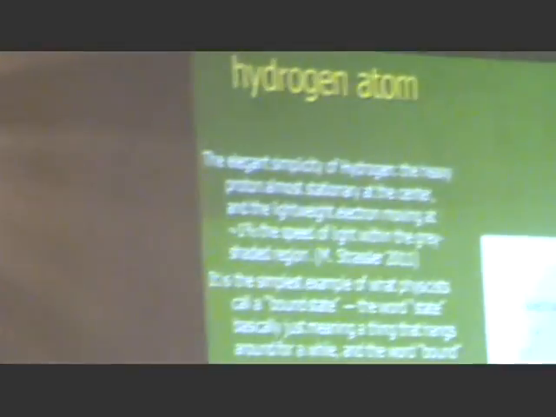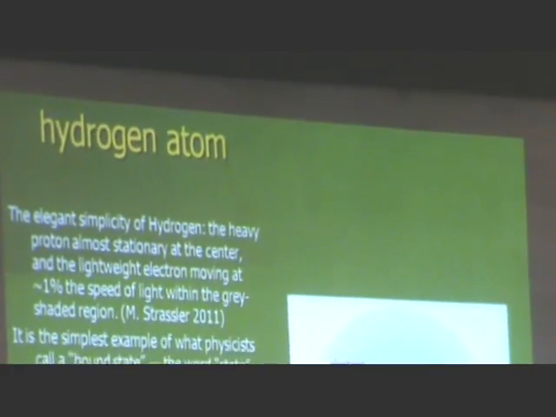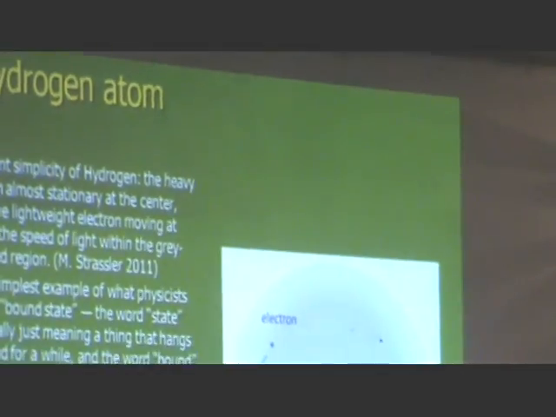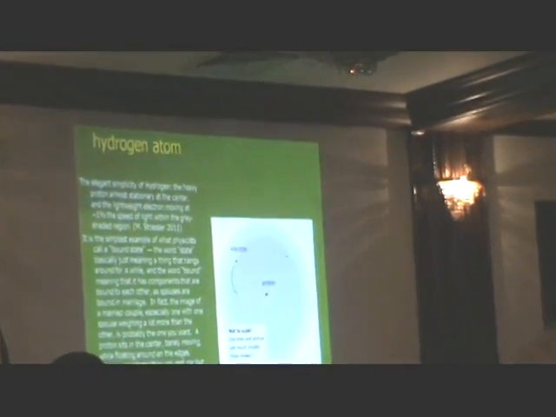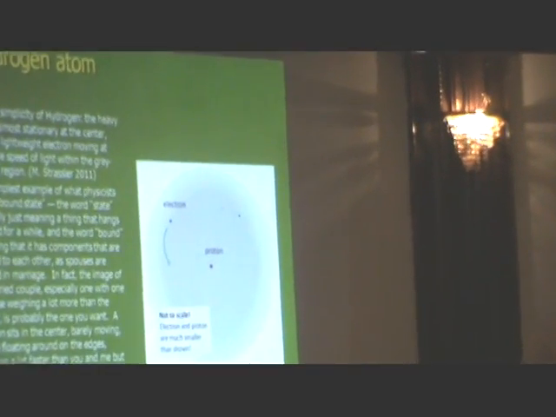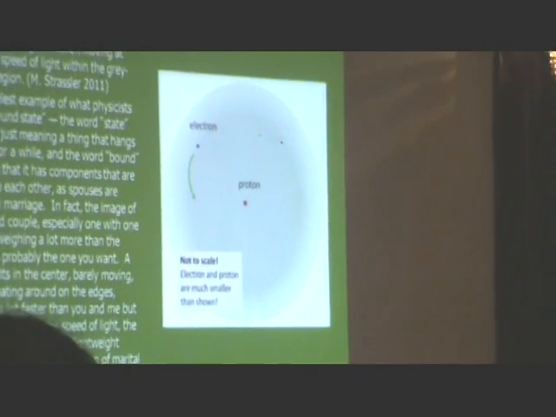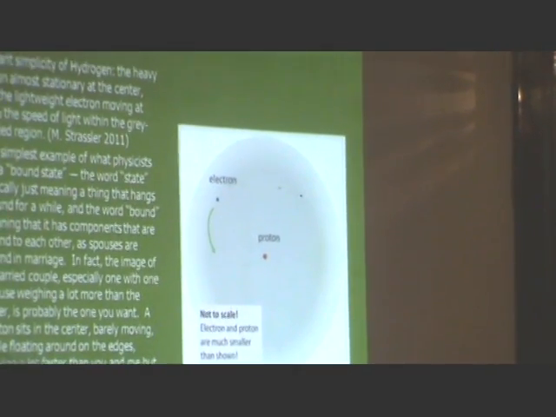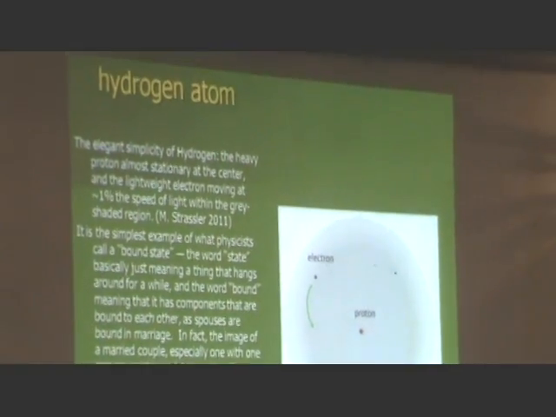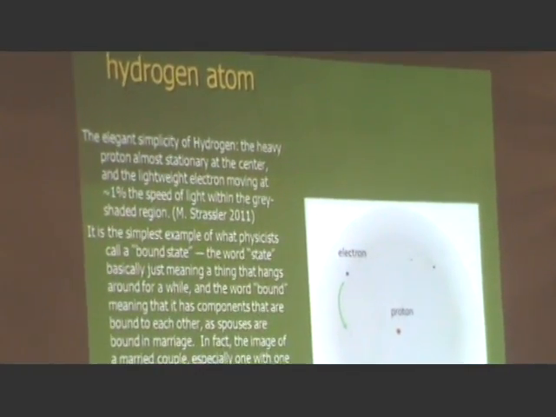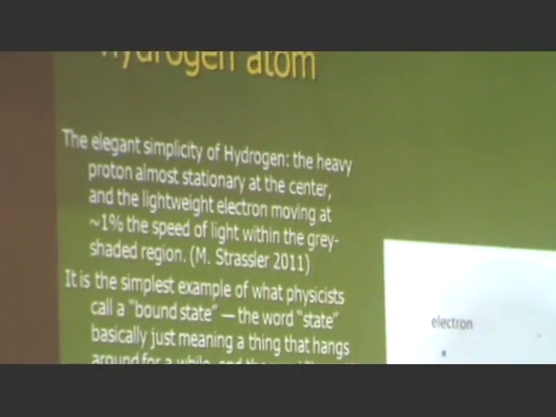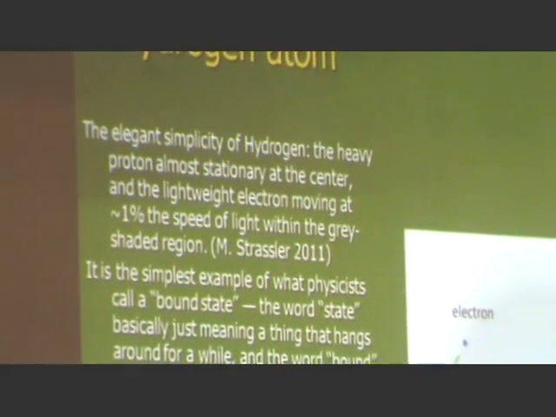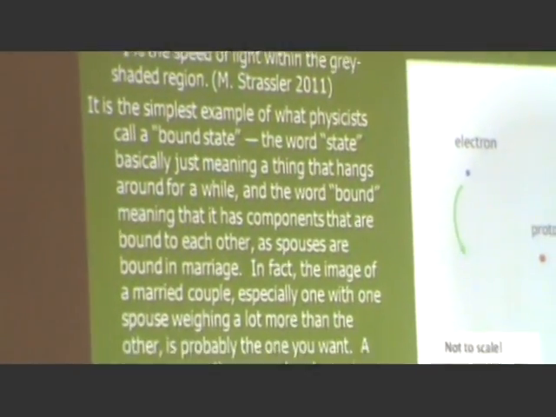Okay, here's the hydrogen atom, the simplest atom. It's also quite elegant. There's just one electron involved, one proton in the center, the clouds, and it looks very elegant, beautiful maybe, and you can make a picture out of it. It's not to scale, but still it is what is called the smallest bound state. That means we have two particles that are bound to each other. They are attracted to each other by the fact that the electron has a negative charge and the proton has a positive charge. Gravity does not play much role in it, so gravity has no role to play in this model.